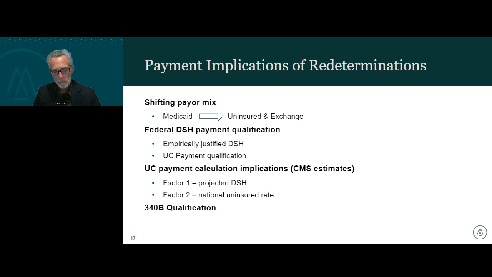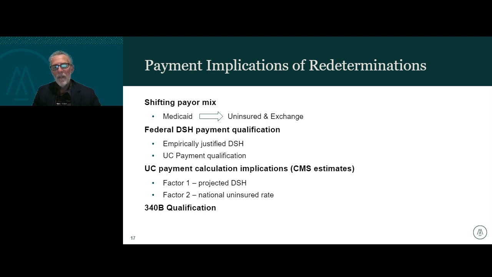One is obviously Medicaid days factor into the Medicare DISH payment calculation, and that will potentially hit hospitals in two ways. One is the reduction in the Medicaid days will potentially impact the so-called empirically justified component, which is a $3 billion component that hospitals share in today. And that is everything from reducing a hospital's share of empirically justified DISH to actually even resulting in them not qualifying for DISH at all.